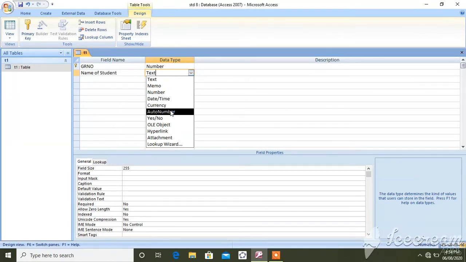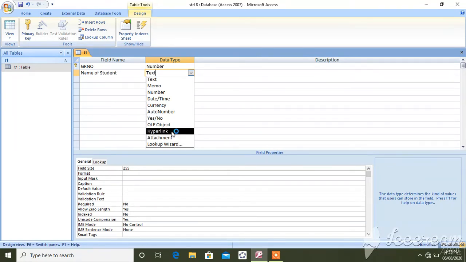Auto numbers means the numbers generated automatically, like 1 2 3 4 11 12, like this. Yes no means it is present or absent, okay. Pass or fail, when two options are there, then yes no field is used. And OLE object means when you want to upload some photos or images, that time OLE object data type is used.